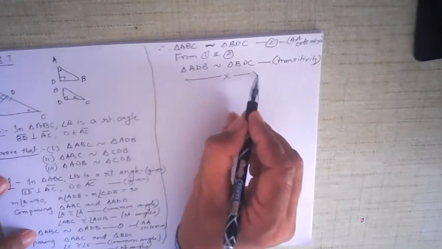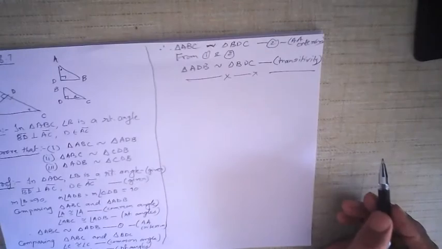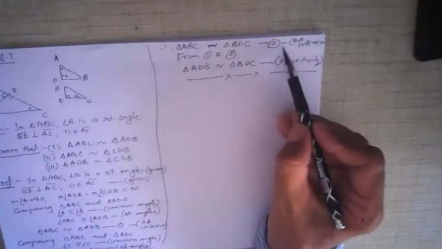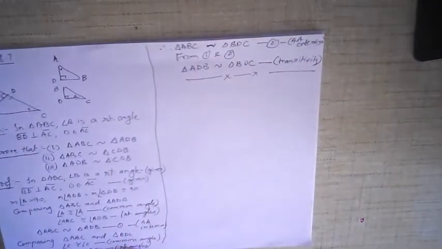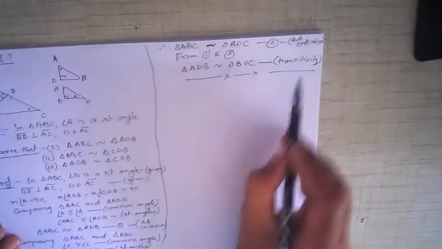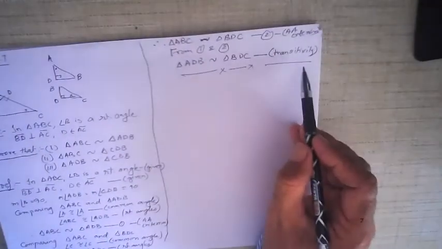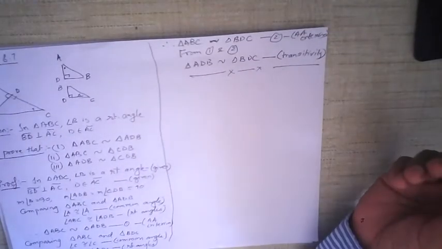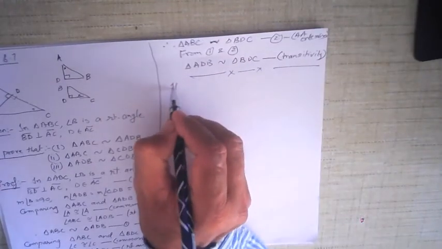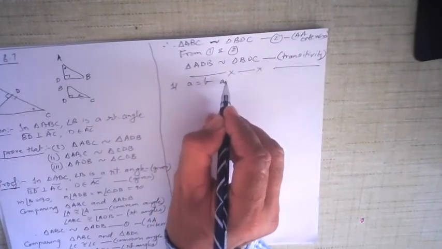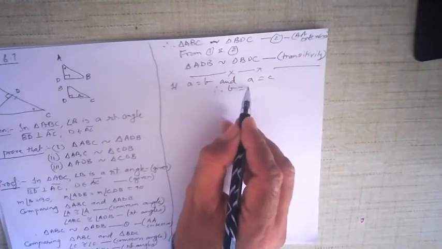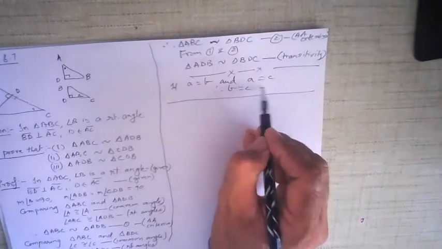Proof is over. See, we have to prove 3 things, 1, 2 and 3. The first one, the second one here, and this is the third one. The first result, what was required? The second result, what was required? And the third result, what was required? What is this property called? Transitivity. If A is equal to B and A is also equal to C, therefore you can say B is equal to C. This property is called transitivity.